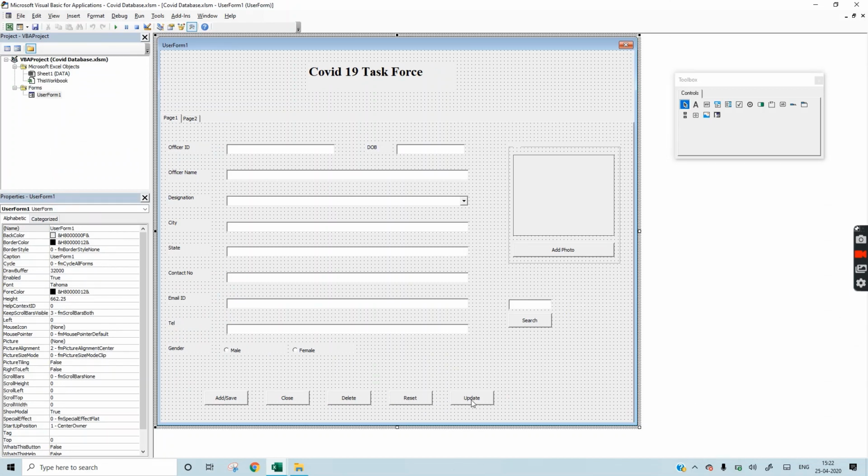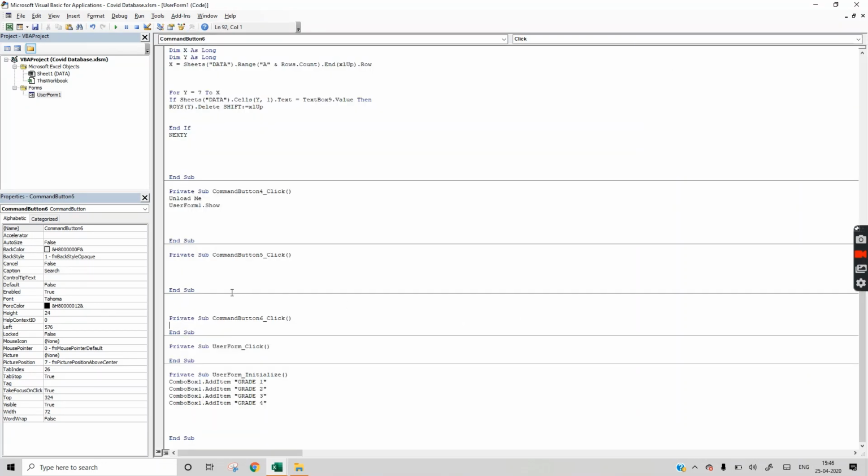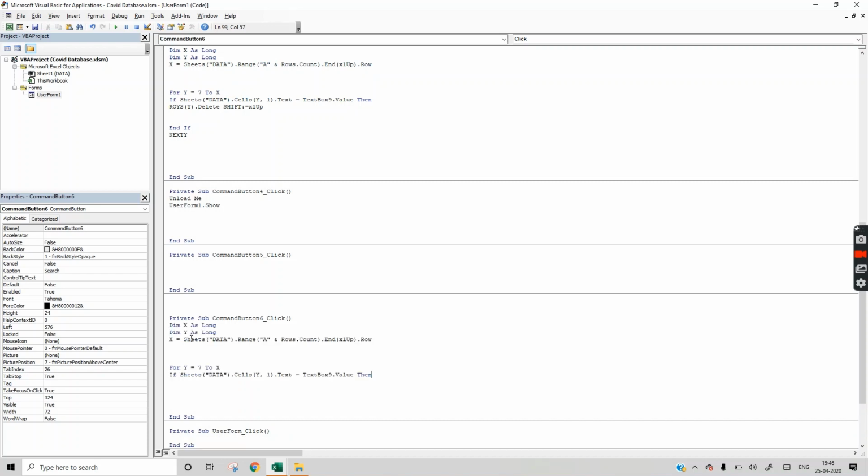Now update. Double click on update. Better to do the search button first, because whatever we search, only then will we be able to update. So double click on the search button. We can copy paste data from here also. This data is saying that if the value of text box 9 is equal to that value of the sheet, then